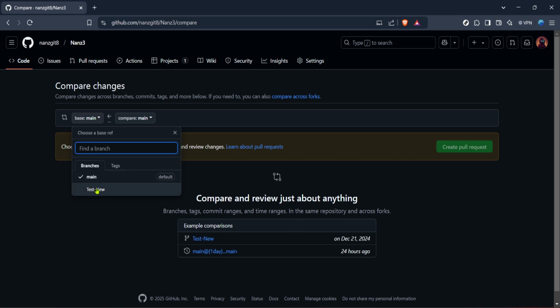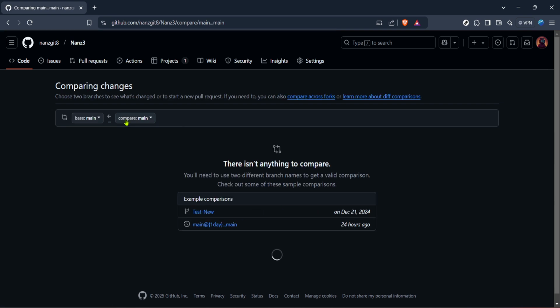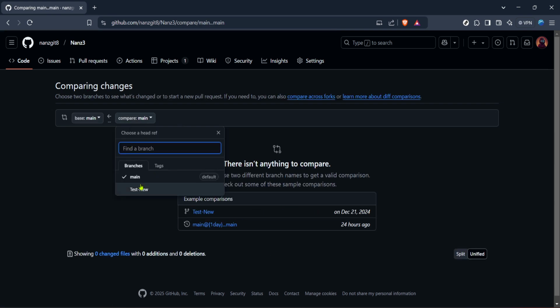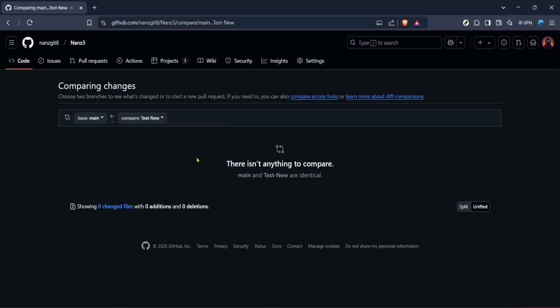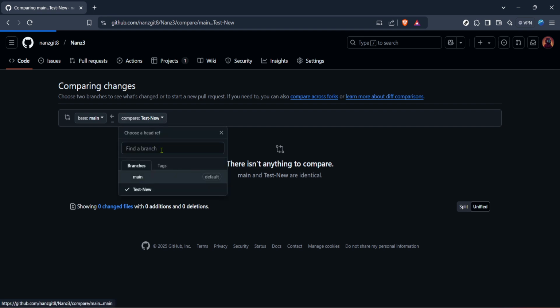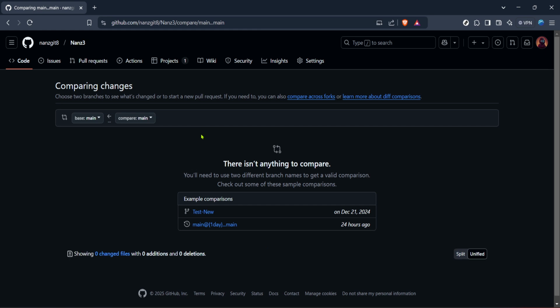If all is set, you can proceed with creating the pull request, which submits your changes for review. This is an important practice as it ensures that your team can collaborate effectively, catching possible mistakes before they get merged into the main code base. That's it. You've successfully pulled a branch on GitHub. Using these steps helps keep your project synchronized and collaborative, allowing for robust and efficient code development.